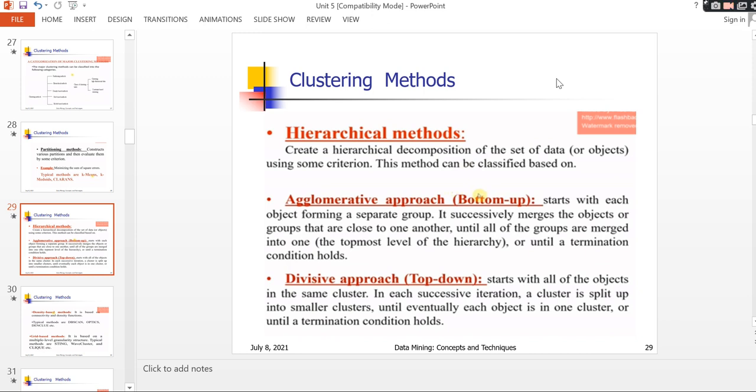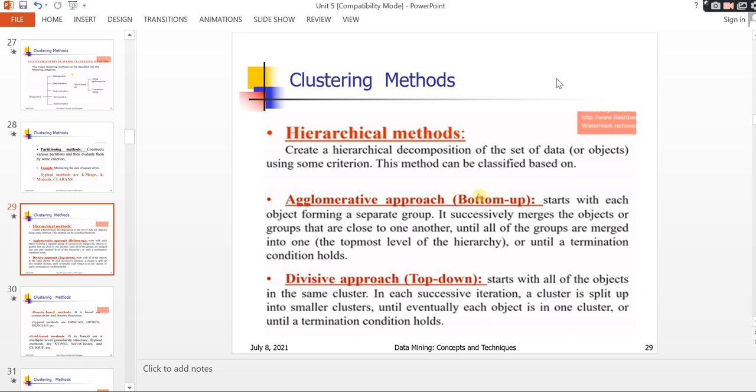What is meant by hierarchical method? In clustering, the hierarchical method is nothing but level by level. In a data set you have a number of data objects, a number of elements, and you form clusters level by level, in a hierarchical manner.